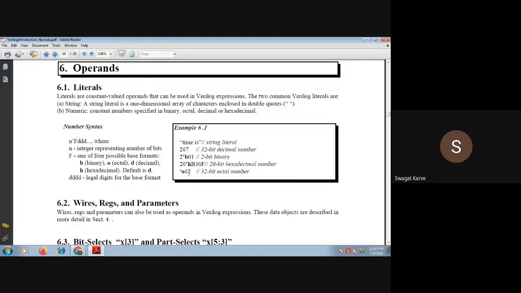Then 2'b01 means it's a 2-bit binary number, which is 0 and 1. If you simply write 267, it will be treated as a 32-bit decimal number, right? So in these many ways you can use the literal operand in Verilog expressions.